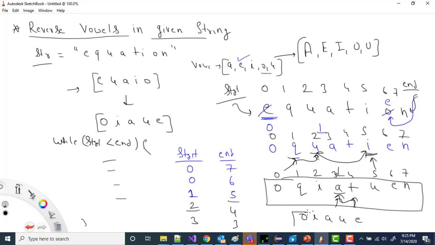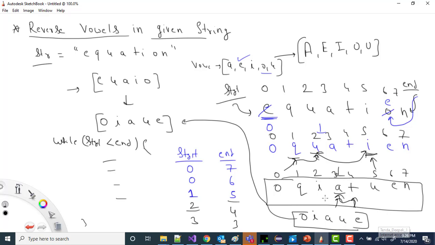And this is matching exactly with what we wanted. Here also we have O I A U E, and here also we have O I A U E, right? So basically we have done an exact reversal of all the vowels present in the given string. So this is all what we wanted.